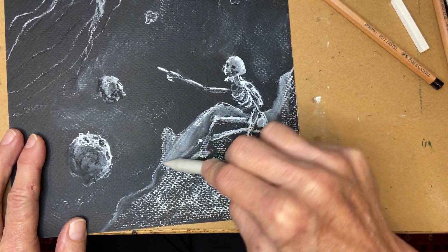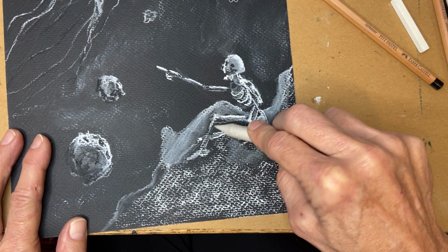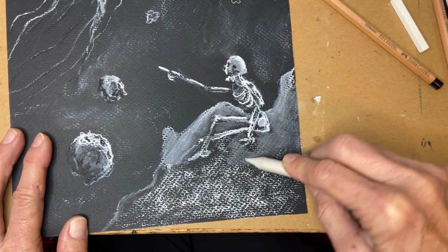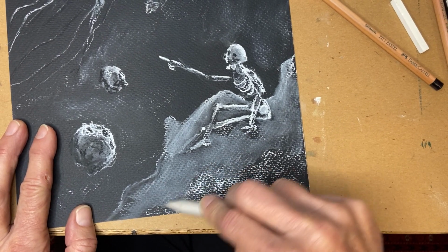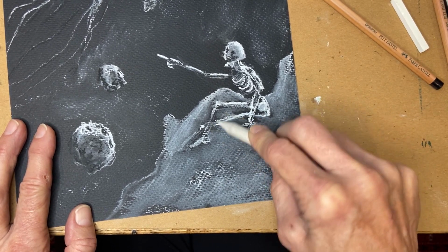rubbed in and gray, except for the top corner. And then I'll make the skeleton much, much brighter, and the base of the skeleton underneath, where the shadow would actually be cast. There will be a shadow from the skeleton. So